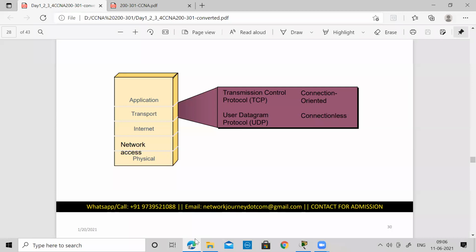Coming up to the transport layer, there are two protocols: TCP and UDP. The name of this protocol suite is TCP/IP just because two important protocols are involved. One is from the transport layer, that is TCP, and one is from the internet layer, that is the IP protocol. These two are very major protocols for networking, because of which the network exists, and that is how the name TCP/IP came about.